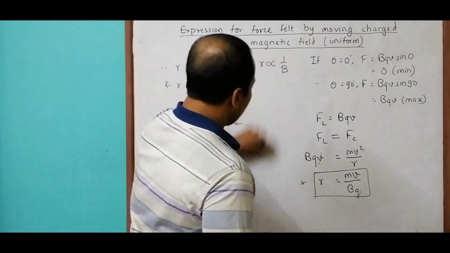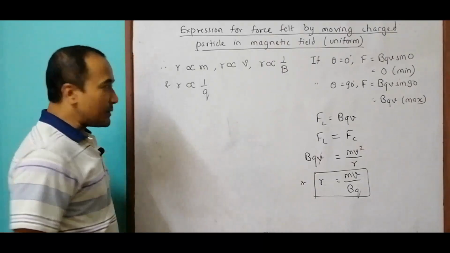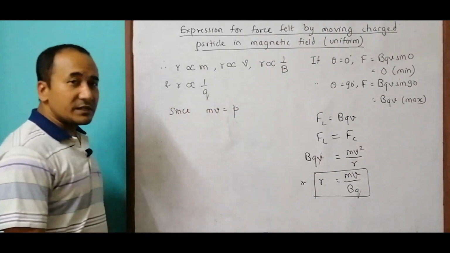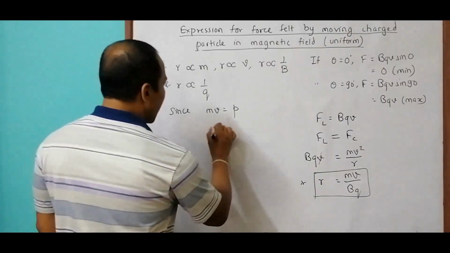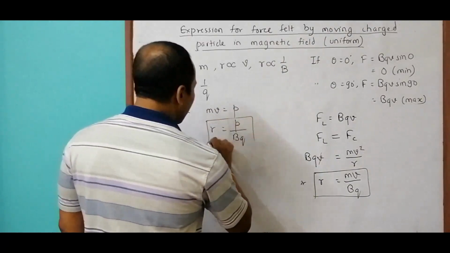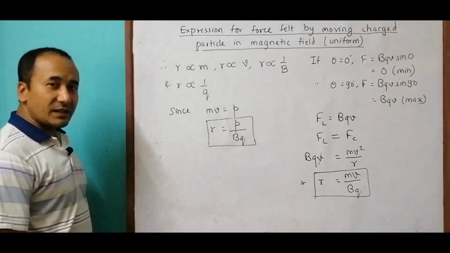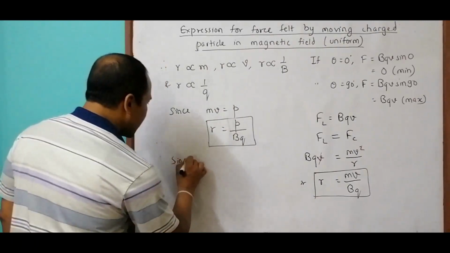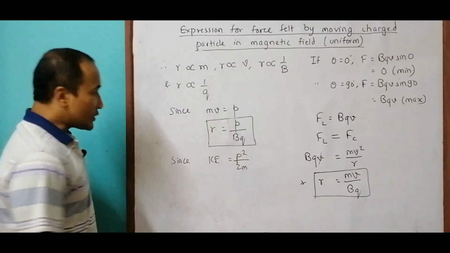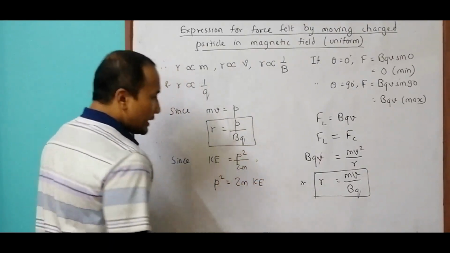Now what we have is this mv. From our knowledge of dynamics, we know that mv is equal to small p, the linear momentum, so R can be written as p by Bq as well. R equals p by Bq. Again, we can express this p in terms of kinetic energy. We know that KE is equal to p square by twice m, you should know it. So I must have p square equal to twice m into KE, and this will give me